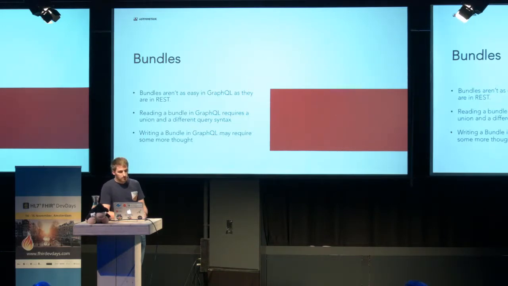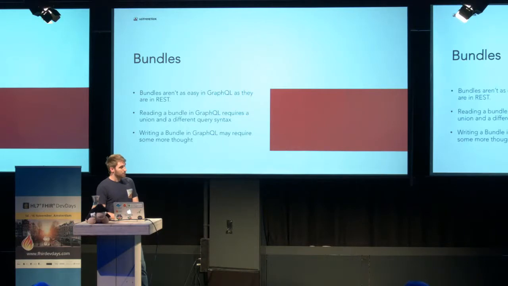So what you end up doing in GraphQL is you have to create a sort of union, which is a resource list. And you see this if you've seen JSON schemas before. Essentially, every resource that our server supports, we list as one of the potential properties in our union. And then when queries come in, you can look at the resource type and use that to figure out which resource you're actually looking at. And then it'll apply the actual resource type to it and do the validation that way. But because of this,